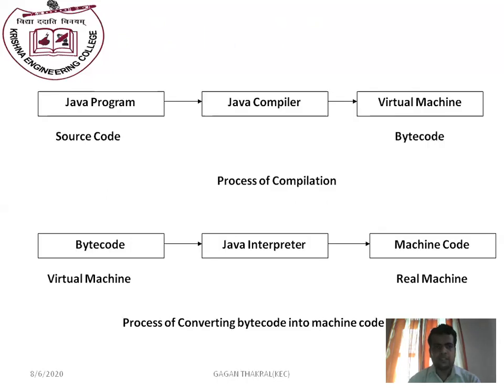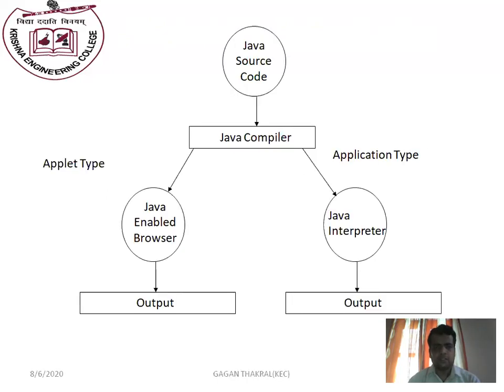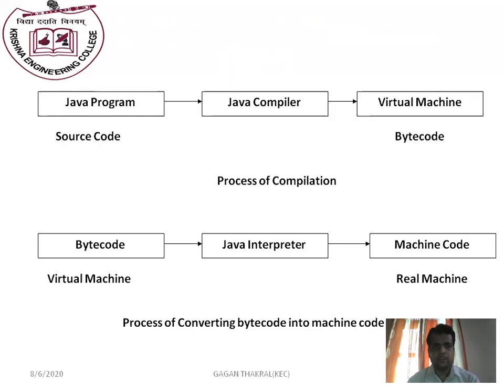Now we will discuss how a Java program works. First of all, we write our Java source code, that is a .java file; source code has the extension .java. Then javac, the Java compiler, compiles this source code and creates intermediate code, that is bytecode, whose file extension is .class. It is also known as the virtual machine of Java, and it provides portability to Java, and this code is accessible on any machine. It is platform independent. Now this bytecode is accessible by the Java interpreter.